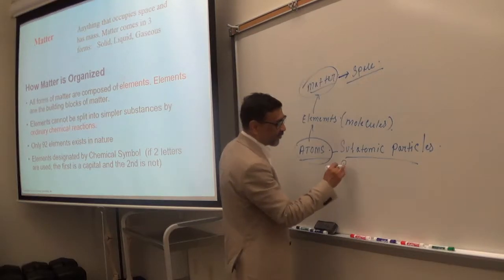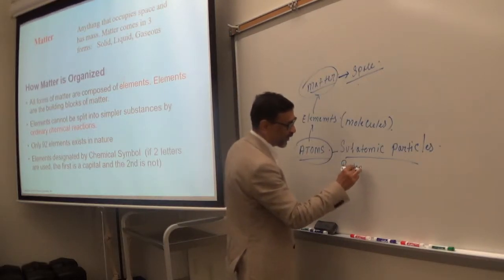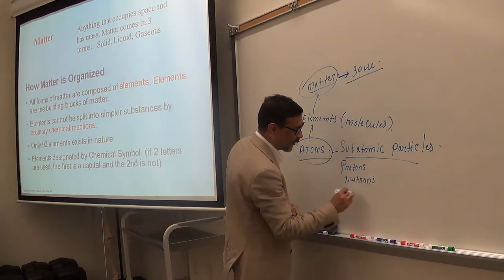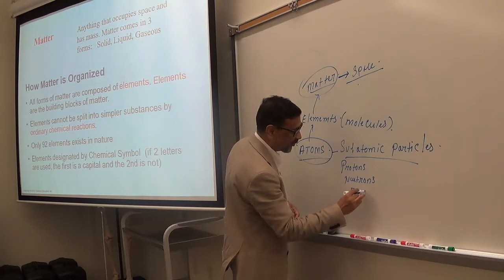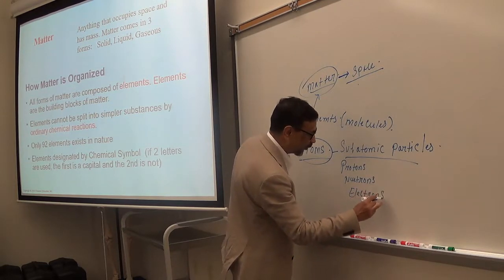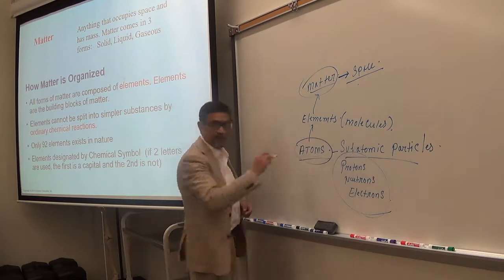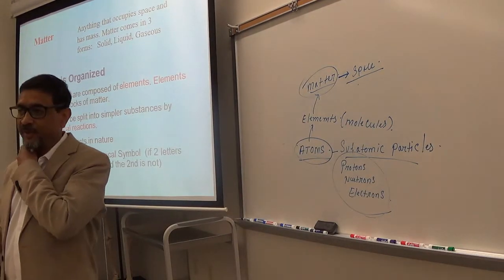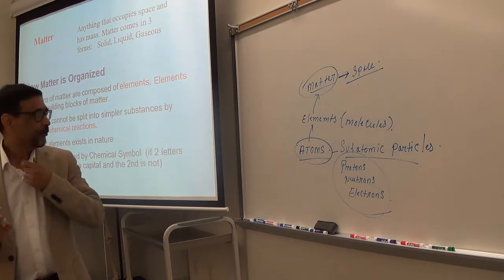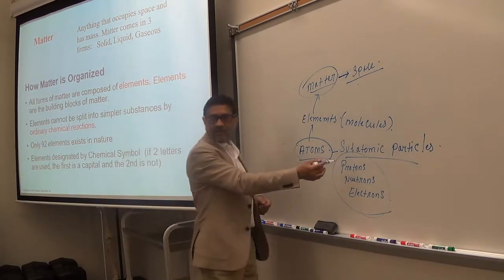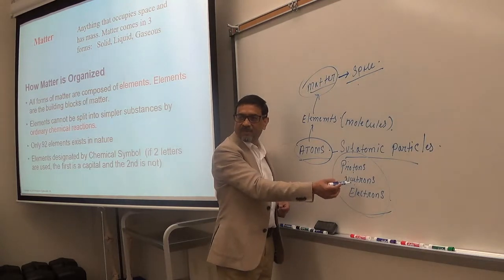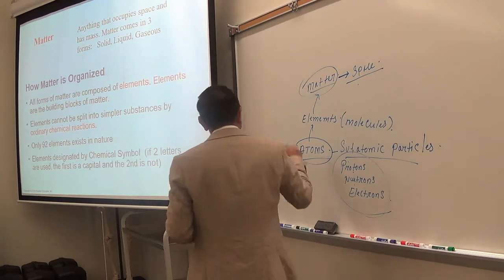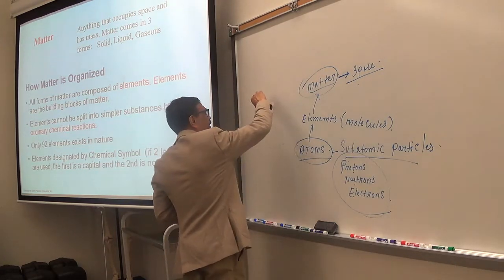Are protons, neutrons, and electrons. Okay, so those are the subatomic particles. Those are the main subatomic particles in an atom. Okay. Have you heard these names? Protons, neutrons, electrons. Okay. So now, if you see the structure of an atom,